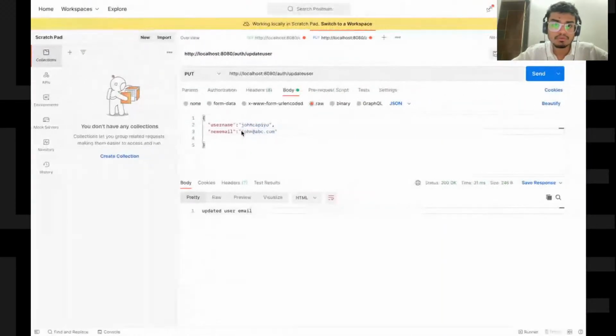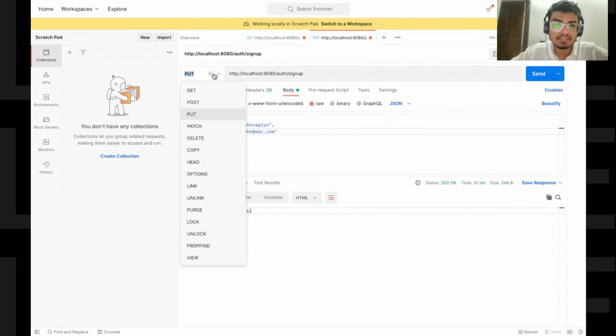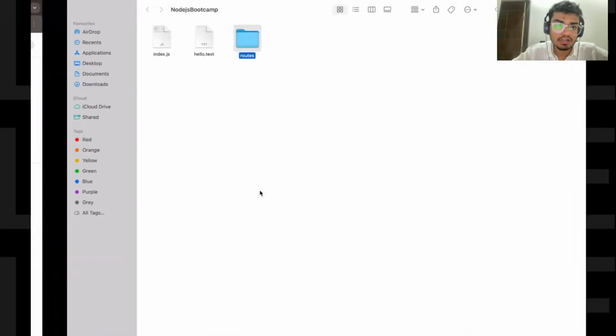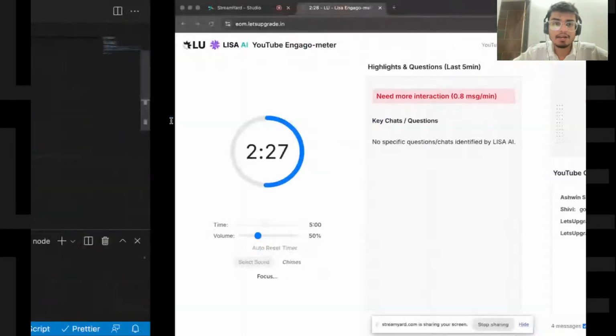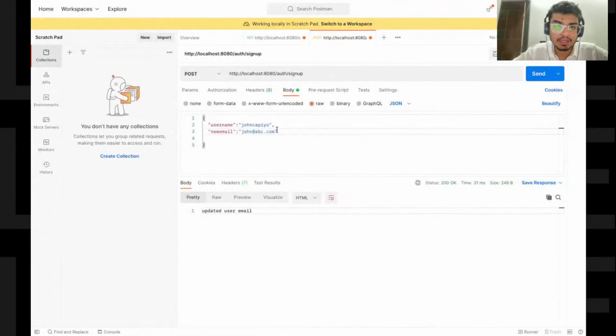Let's go to Postman, auth slash sign up, and it's a post API. And what data are we requesting over here? Username, email, and password.